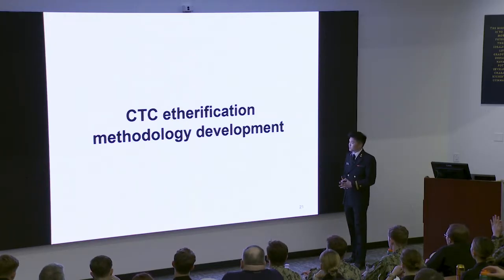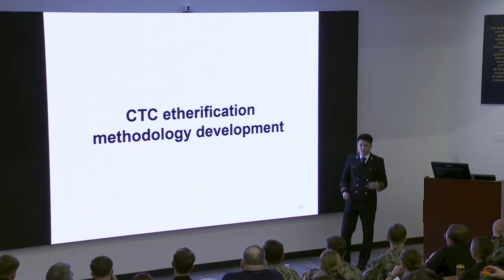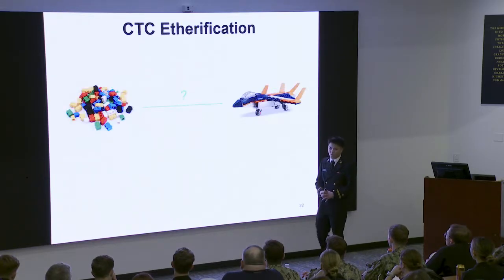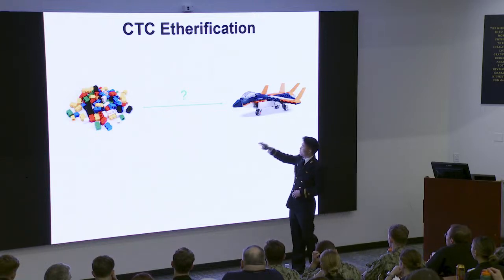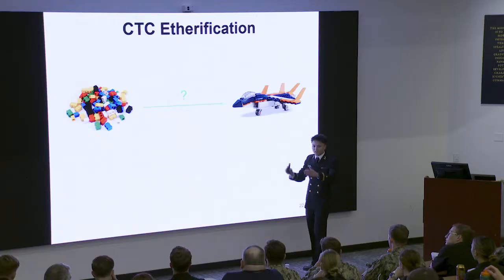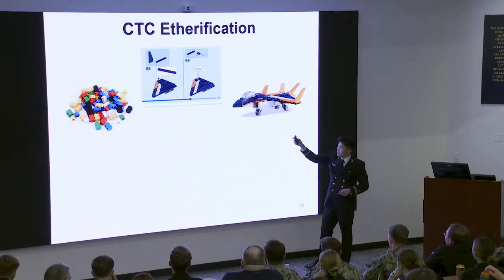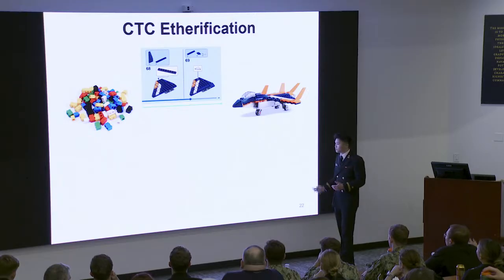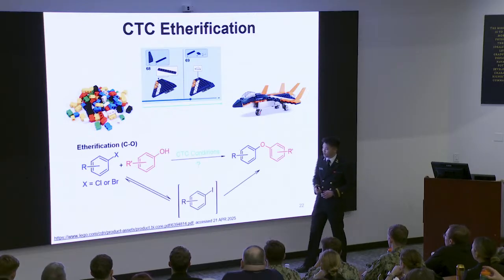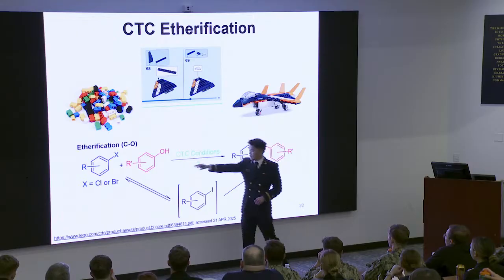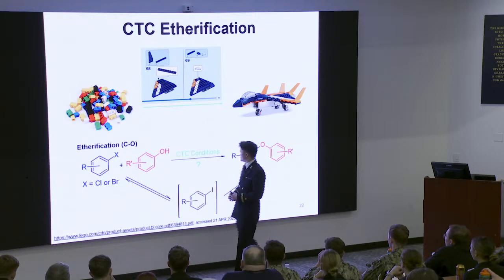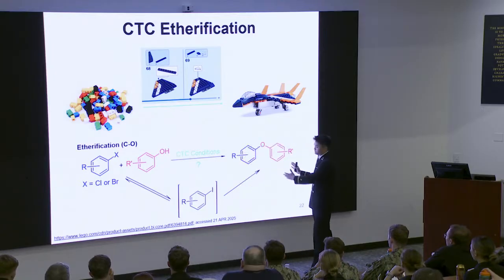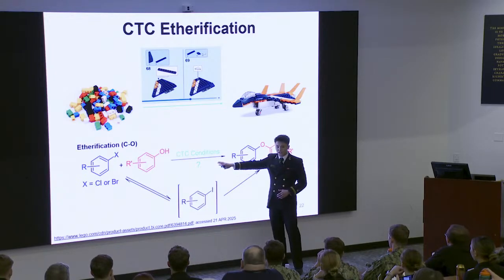Now, to describe the development of the CTC esterification methodology, I'm going to call back to the Lego analogy one more time. When you first get a new Lego, it's a brand new box, right? And you open it, you have your little blocks, and then you also know what you want to make. But you don't know how to exactly assemble each block so that you get the product without your instructions. In a very similar fashion, to the development of our CTC esterification reaction, we have our desired starting material, which could be some kind of aryl halide, the cross-coupling partner, as well as the desired product that we want to make. But we don't know what these ideal CTC conditions are.